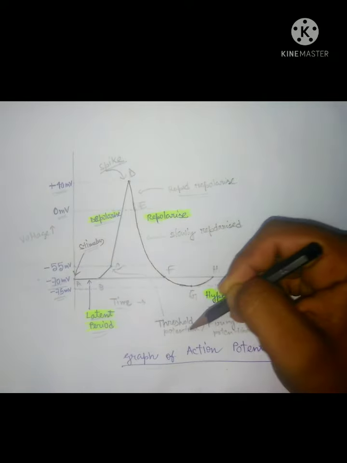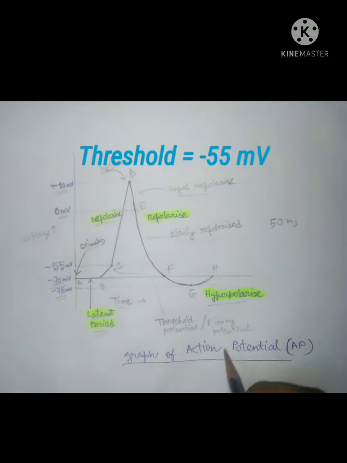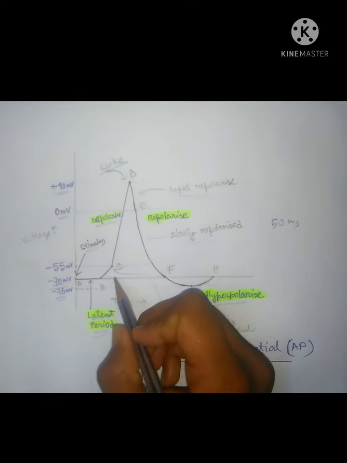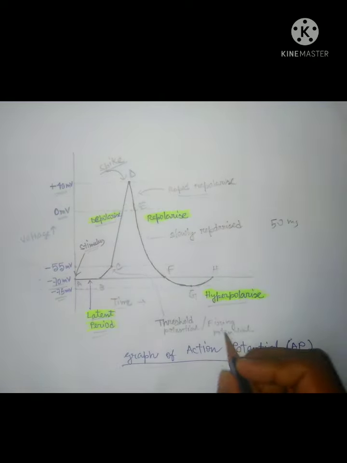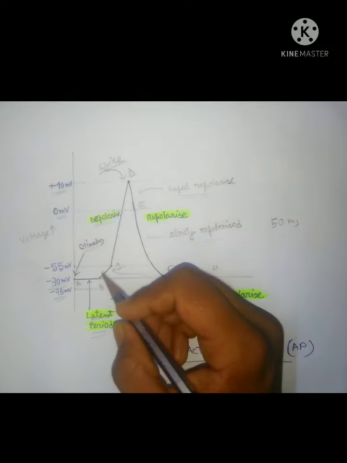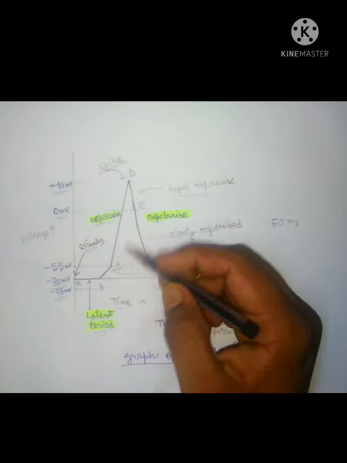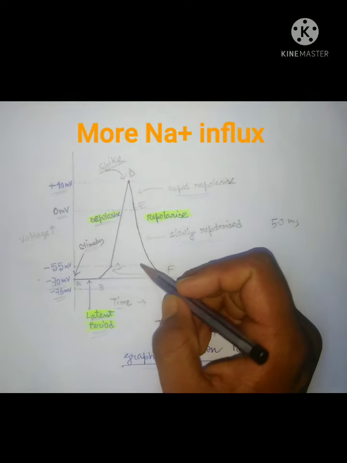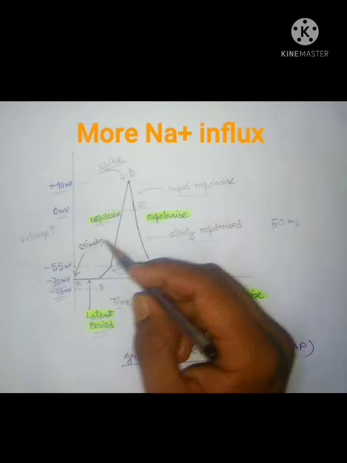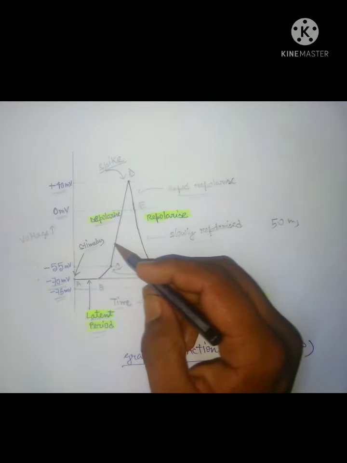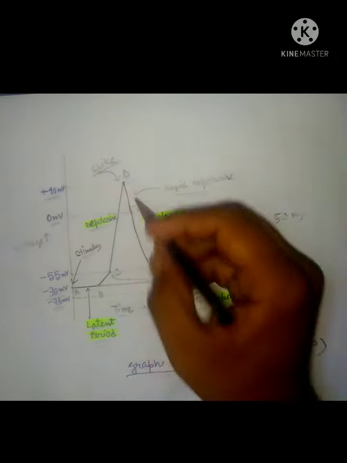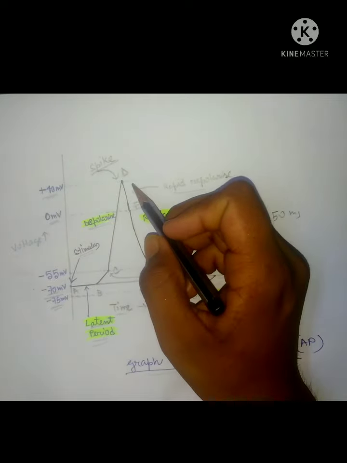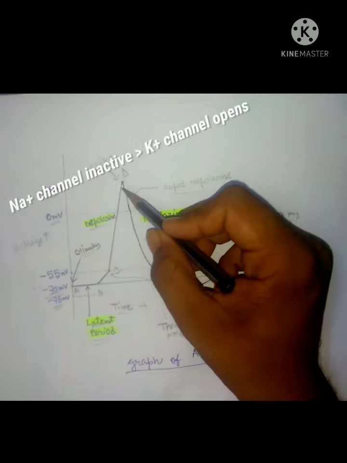Point C is called the threshold potential, or the firing potential. Why is it called the firing potential? Because after point C, the cell is fired. How? The number of opening sodium channels increases, so the sodium influx increases, and depolarization starts. Up to point D, depolarization occurs, but then the sodium channels become inactive,